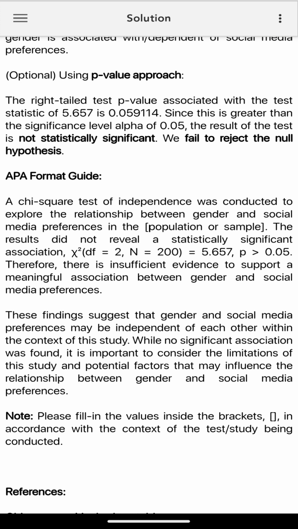Curious about APA format, or keen on neatly slotting in those earlier calculated values? Look no further. Our APA format guide is your trusty sidekick. It's not just a summary tool, it's your organized ally, ready to assist every time you venture into statistical terrain. Whether filling in values or structuring findings, let the guide simplify the process.